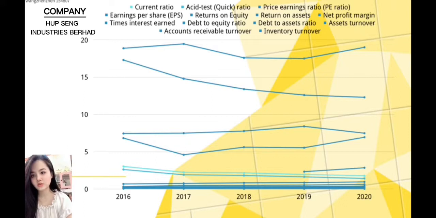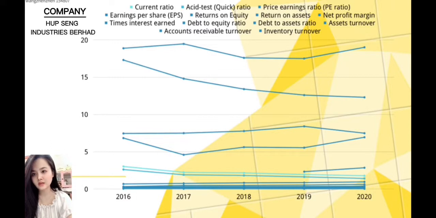The debt to assets ratio increased from 0.25 to 0.39 year by year from 2016 to 2020, showing an overall upward trend. The debt to equity ratio changed from 0.74 to 0.64 year by year from 2016 to 2020. Times interest earned rose from 2.34 to 2.86 from 2019 to 2020.